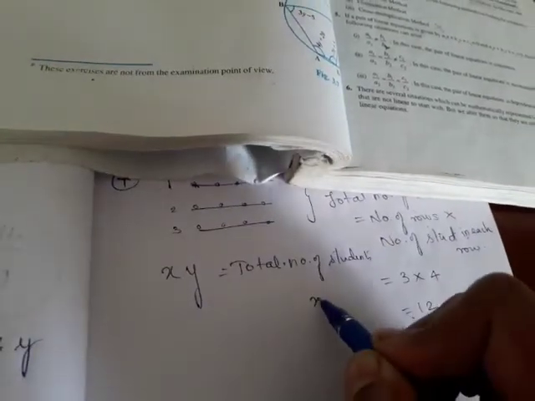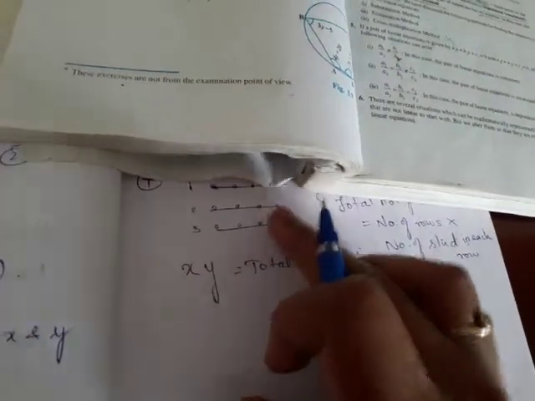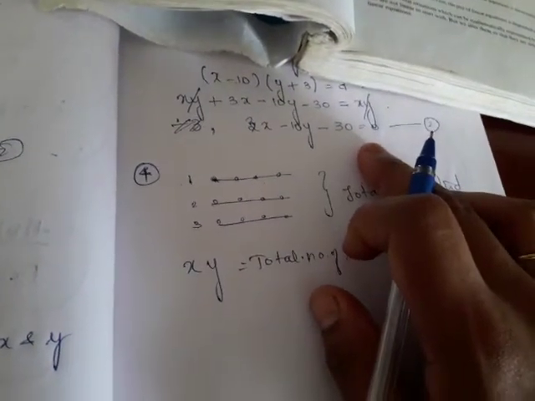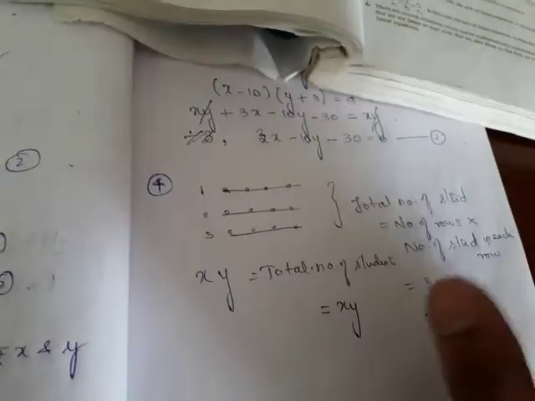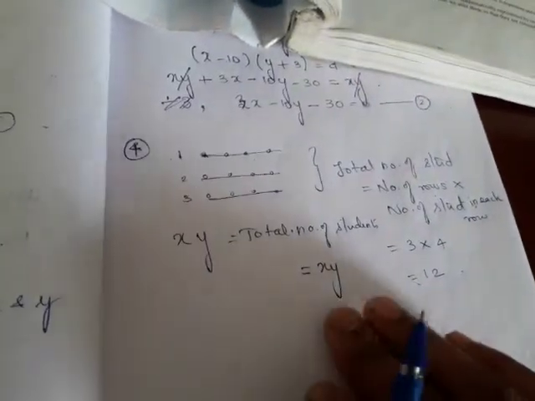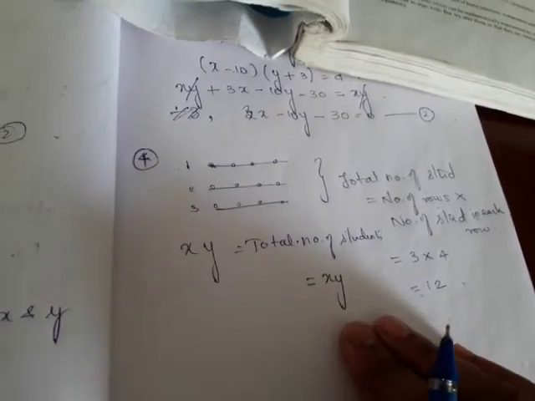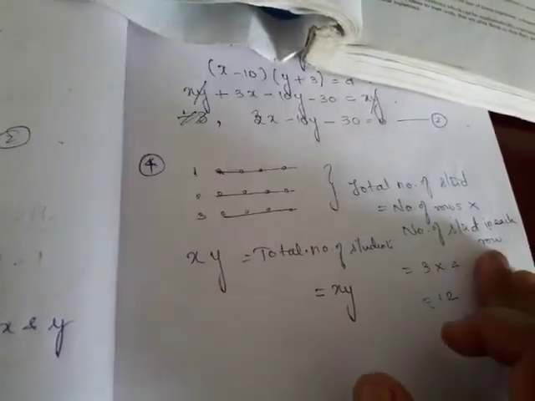So the total number of students is going to remain the same even if the order in which they are placed changes, right? If I make this 2 rows, and instead of 4 students in a row I have 3 students, even then the number of students is not going to be reduced. The number of students is going to stay as such, as we kept d the same in the previous problem. The distance covered is the same in both conditions, even if the speed and the time taken differ, right? The same way, the number of students is going to stay the same even if you change the number of rows and the number of students in each row.